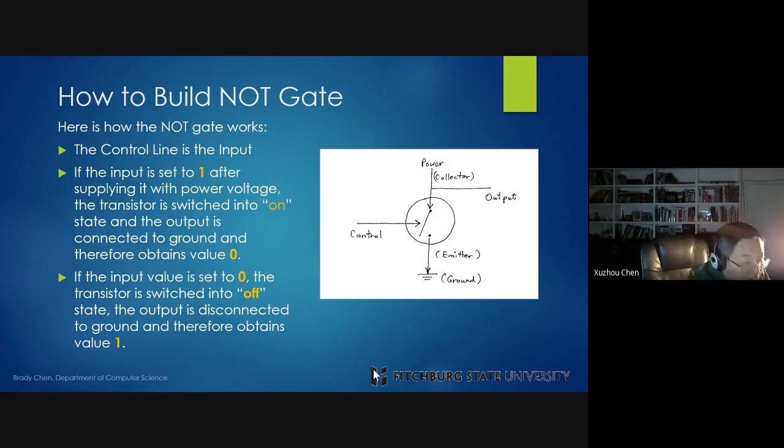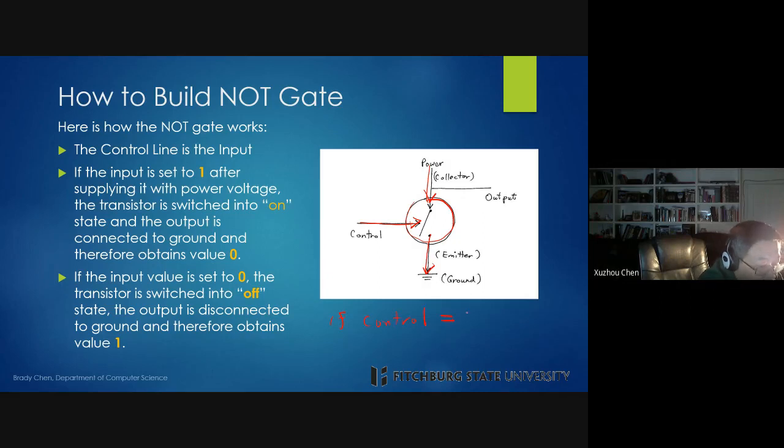Using the transistor, you have something called a collector. That's the input. That's the emitter, and that's the control. So to build the NOT gate, you can actually do this. In a NOT gate, for this transistor, the control